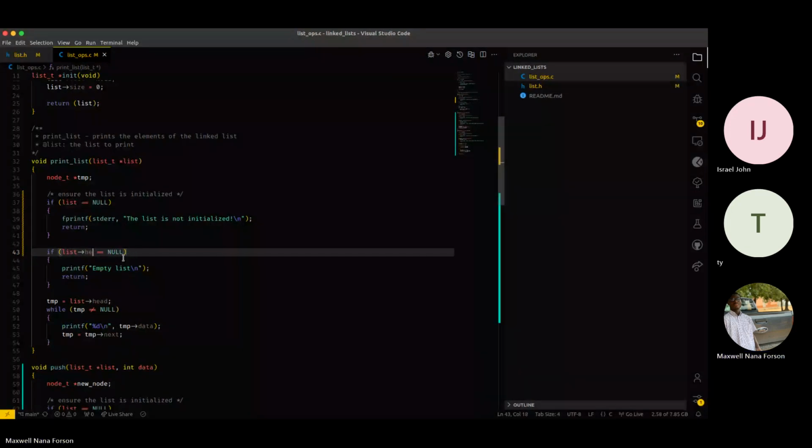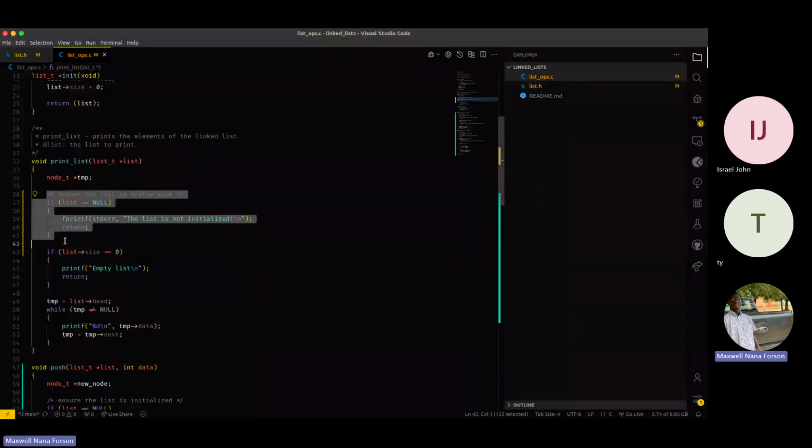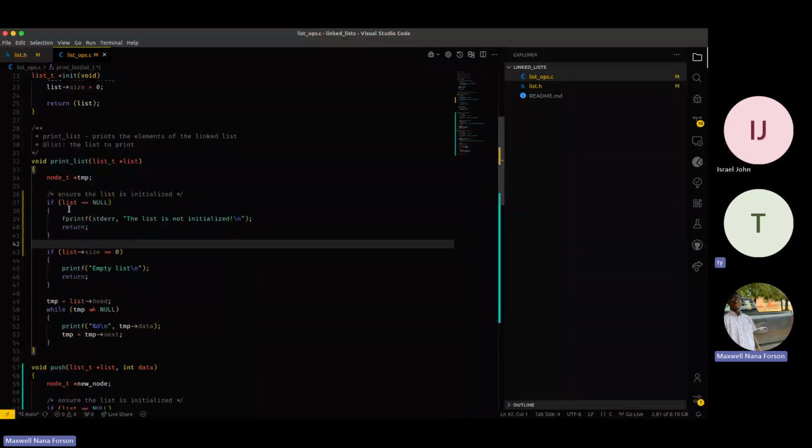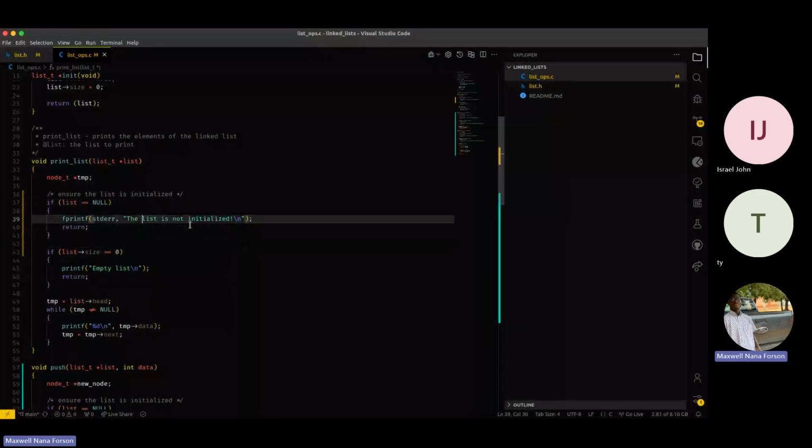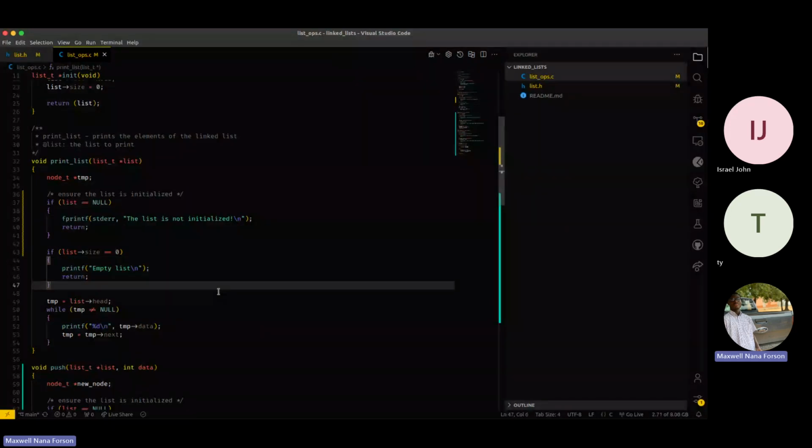I can say if the size is equal to 0. So now we've been able to catch both cases, right? So if the list is null, it is because it is not initialized, not because the list is empty, right? So if also the list is initialized but then not populated with anything, then it is empty, right? So now we are getting back useful feedback for different cases. So now let's work on, let's say,